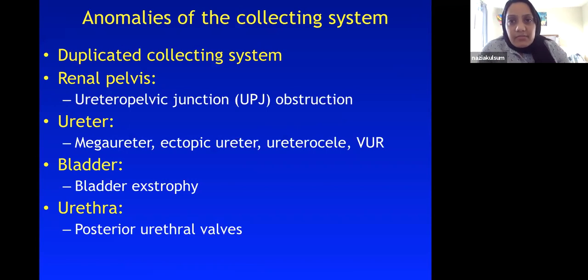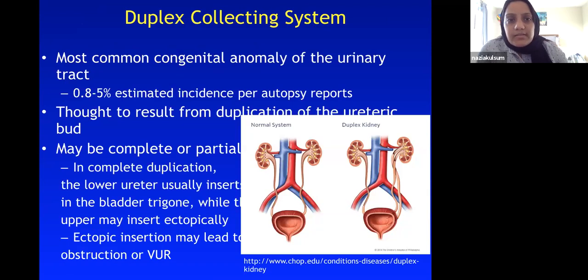Next is anomalies of the collecting system. Again, they are divided into these different segments. First, starting with the duplicating collecting system, the disorder of the renal pelvis is the UPJ obstruction. The ureter could have megaureters, ectopic ureters, ureteroceles, vesicoureteral reflux. The bladder could have bladder exstrophy, and lastly, the urethra, which has the posterior urethral valves. So in the duplicating system,